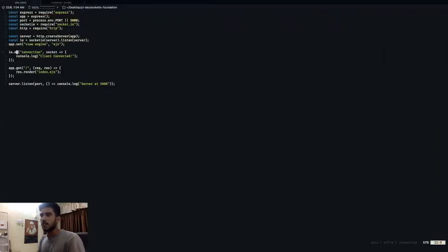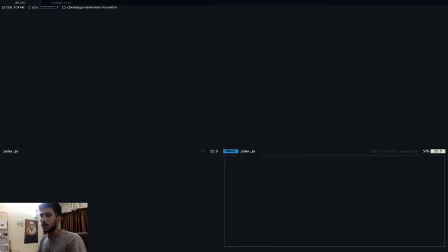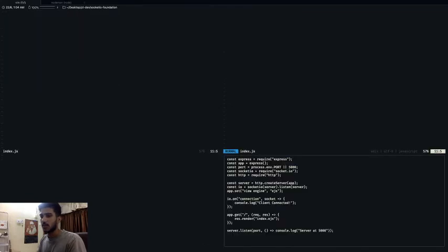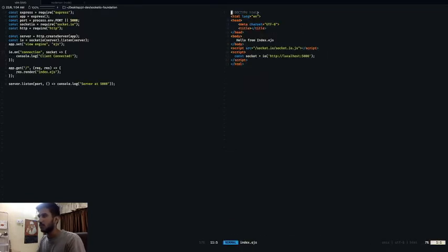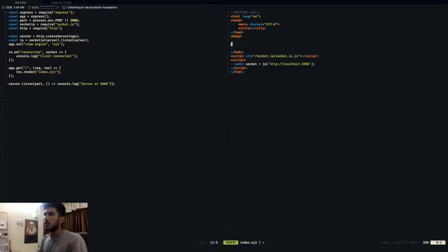Okay, let's split the window and open the index.html file, or index.ejs file rather. Here I'll remove this hello from index.ejs, and now what I want is an input tag of type text, maybe with the placeholder which says enter your text.